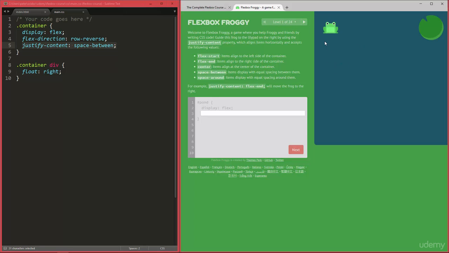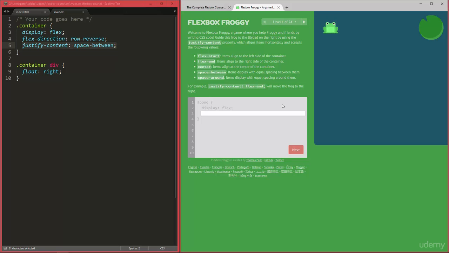And it's your task to use the Flexbox properties to get those frogs onto their lily pads. And with only the 2 properties you've learned so far, you can already do levels 1 to 4, and I very much recommend you do that just to recap everything and not get overwhelmed when we start actually talking about more of the properties that Flexbox provides.